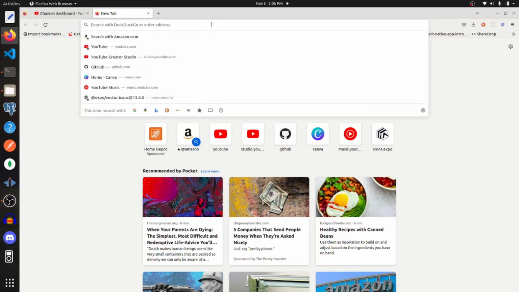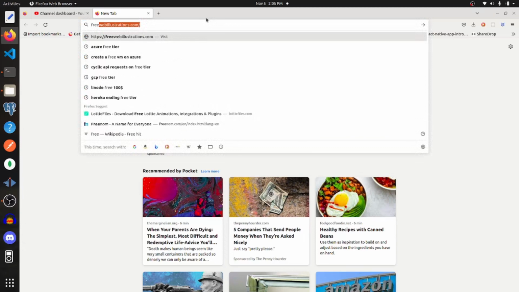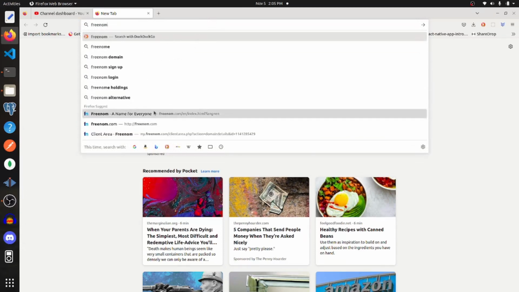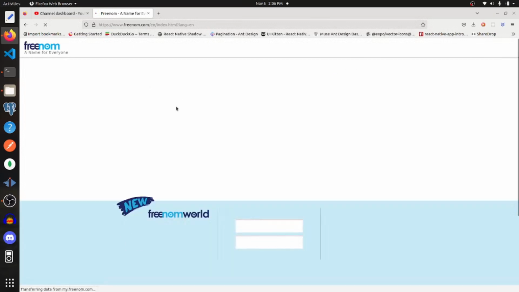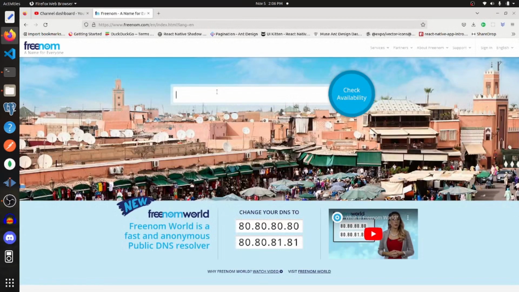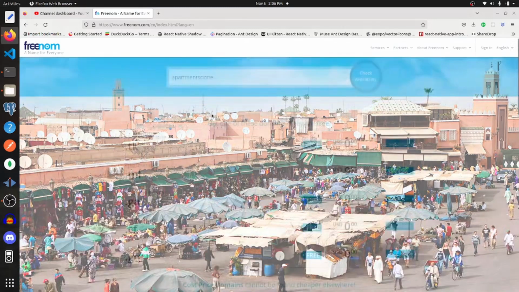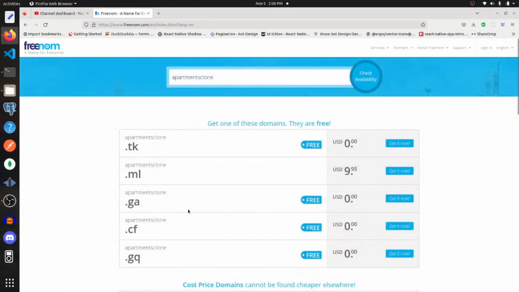First thing that I'm going to do is go ahead and get a free domain. So the site that I'm going to use for that is called freenom.com. In this input box, I'm going to search for a new domain. So I'm going to search for apartments clone and check the availability. And then from here, we can search for different extensions. So apartmentsclone.tk looks like it's available, so I'm going to get that one, apartmentsclone.tk,